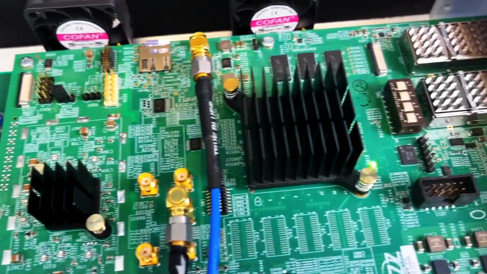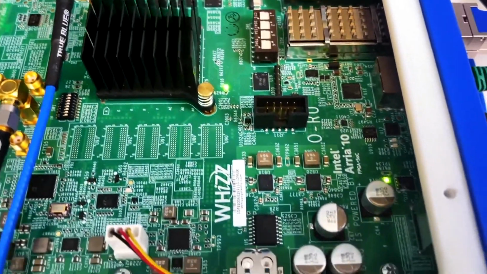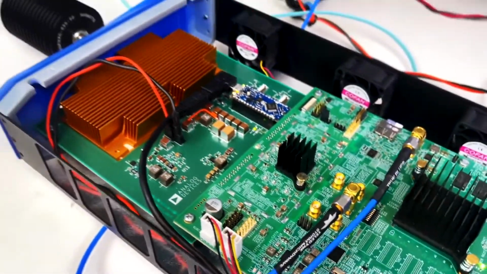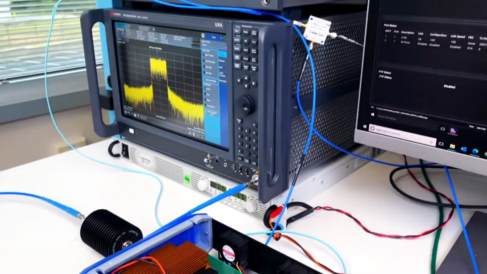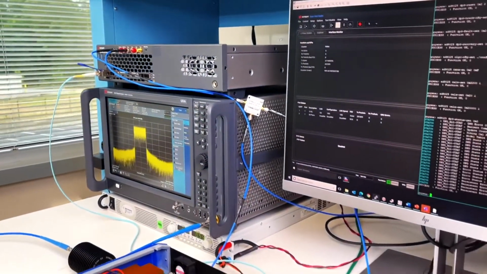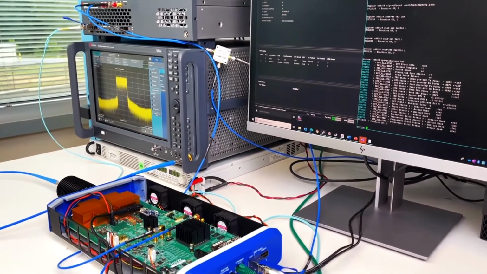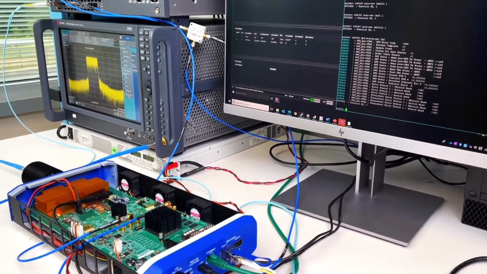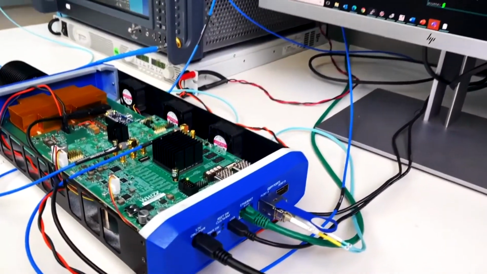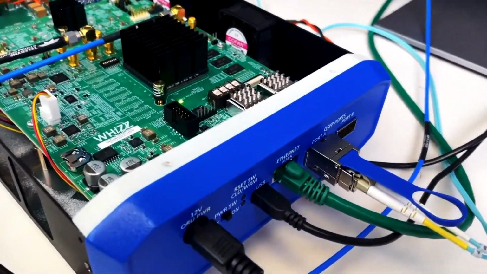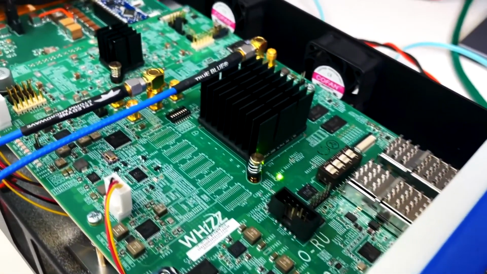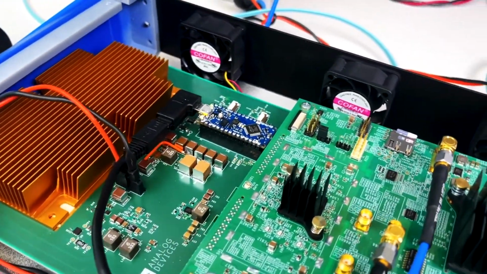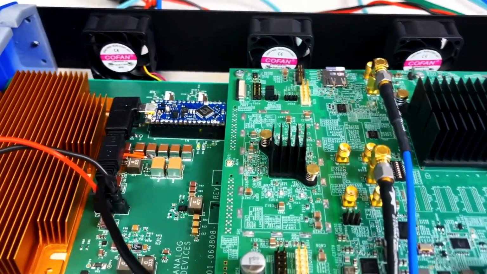AD9545 clock chip. The power architecture takes advantage of the Silent Switcher technology included in the LTC7150S and the LTC3315 to ensure excellent noise and EMI performance. The RF front end supports both CBRS and C-band operation from 3.3 to 4 GHz with 5 watt plus output